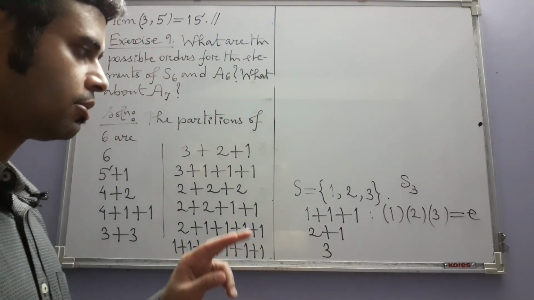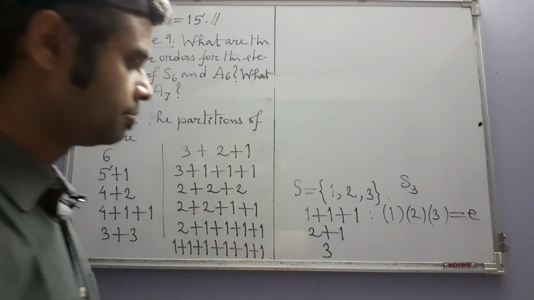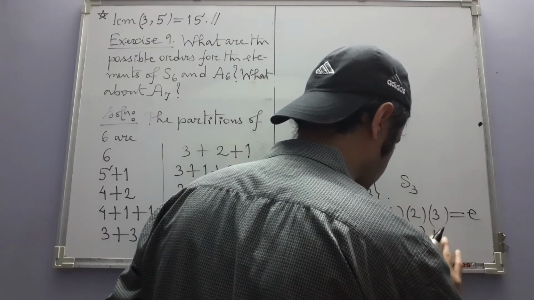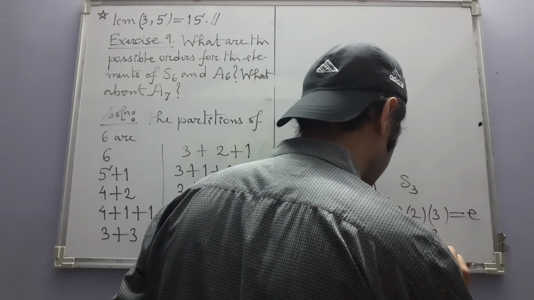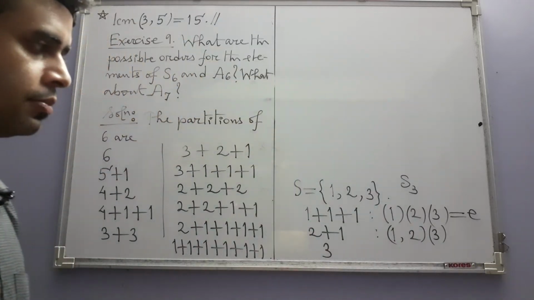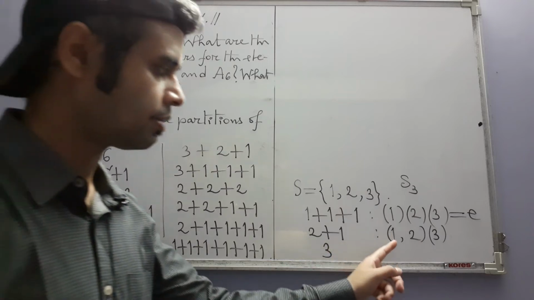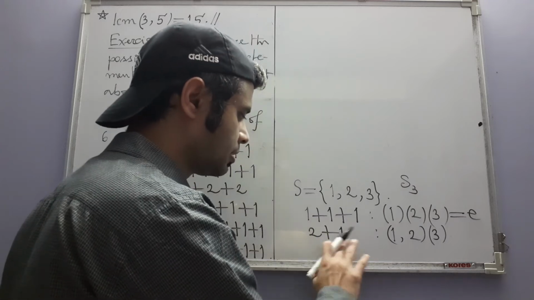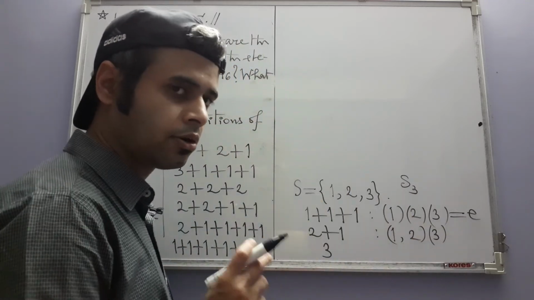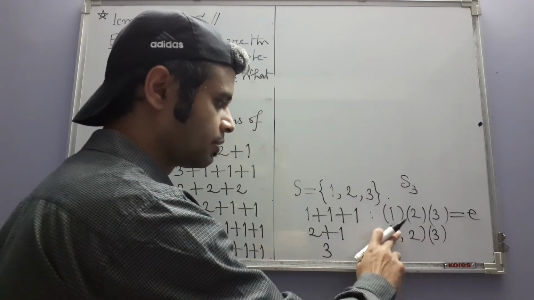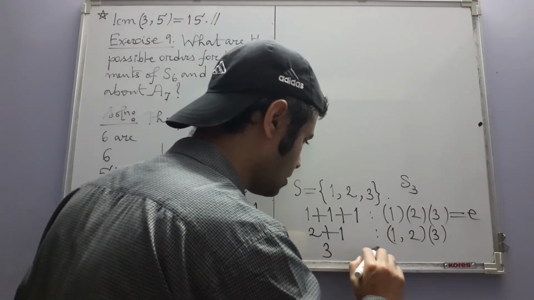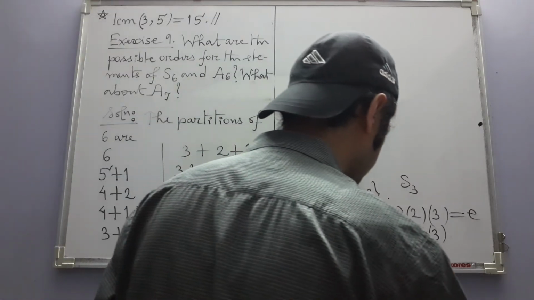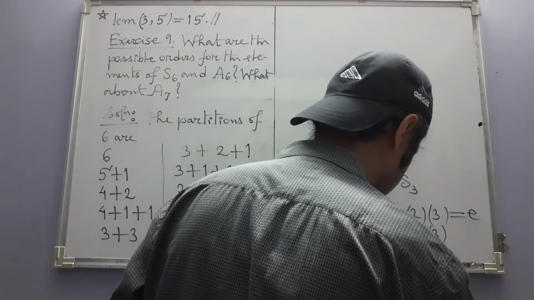This corresponds to a product of a 2 cycle and a 1 cycle. For example, and they are disjoint, keep that in mind. Or you can take other examples. For example, 1, 3 and 2. We are concerned about the structure of the decomposition, not the permutations themselves. Okay, there are 2 more like this, and 3 corresponds to a single cycle of length 3. For example, this,